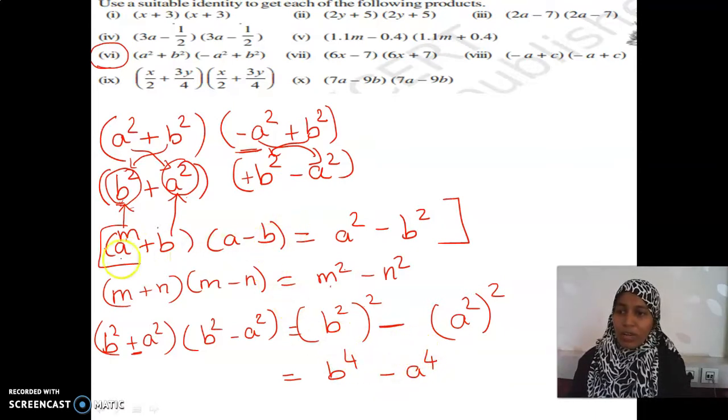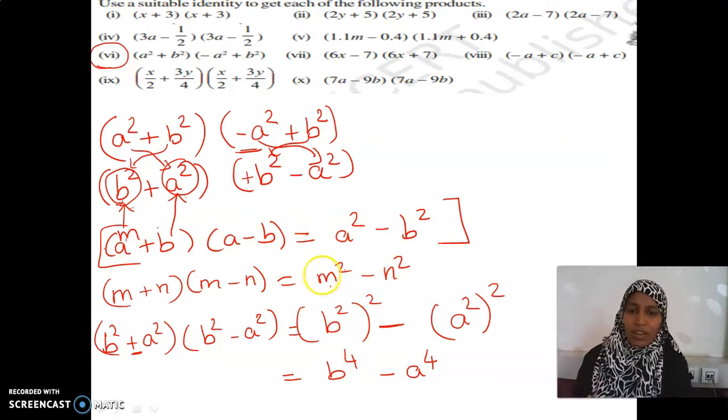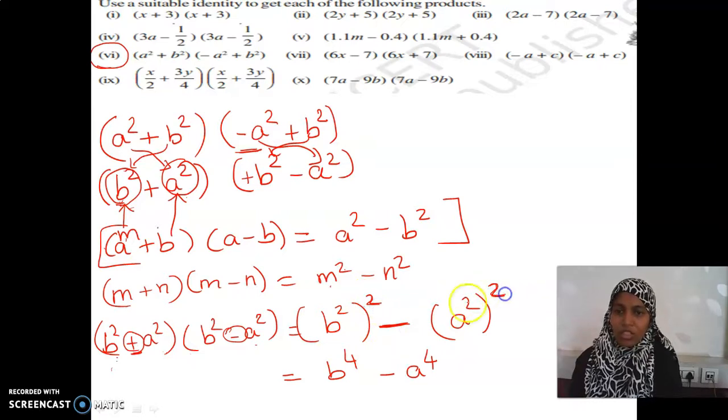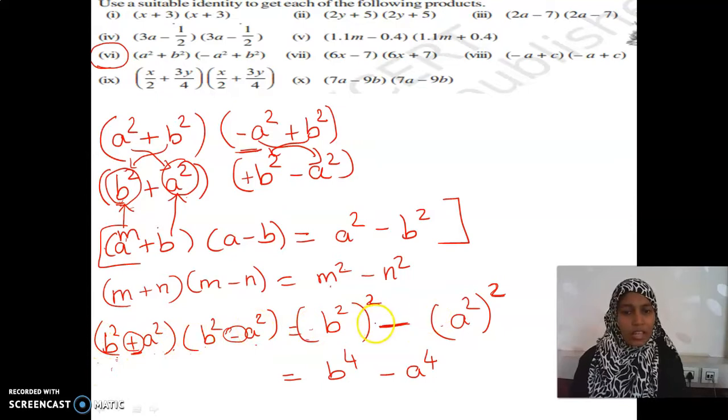Don't get confused by writing identities in both the variables. Write using only one variable. Even without writing the identities, you can do it. How did I do? Once it is in plus, once it is in minus. Both are the same. See here? In such cases, I will find the difference of squares. For which I should square whatever is there inside the bracket. Okay, b squared, b squared. A squared, a squared. Is it clear, children?